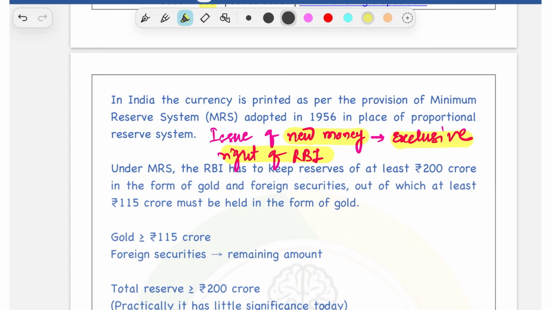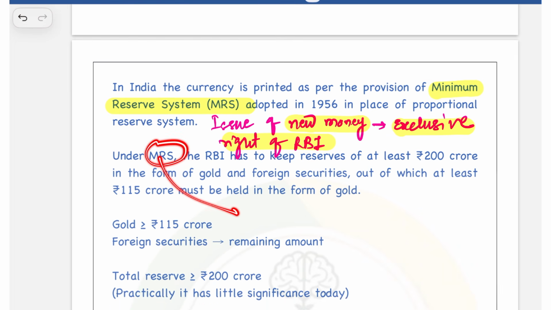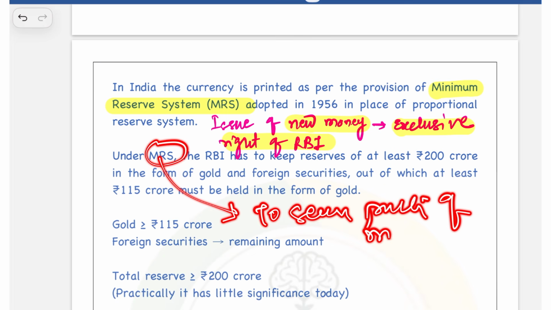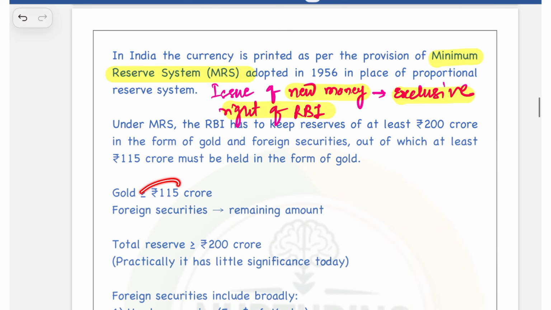So what does minimum reserve system mean? RBI had to keep a portion as reserves to actually secure printing of money, and that was rupees 200 crore. अभी भी उतना ही है जितना तब था, and even in that 115 करोड़ का गोल्ड है, और फिर remaining 85 करोड़ का फॉरेन सिक्योरिटीज एंड बाकी सब कुछ है। तो टोटल रिजर्व जो है वो लगभग 200 करोड़ रुपए के, and they keep this reserve system to act as a security, act as a trust